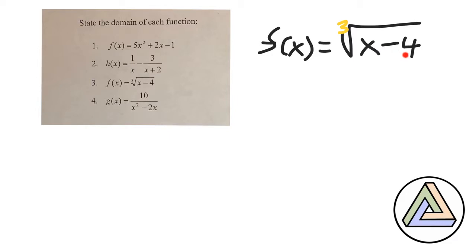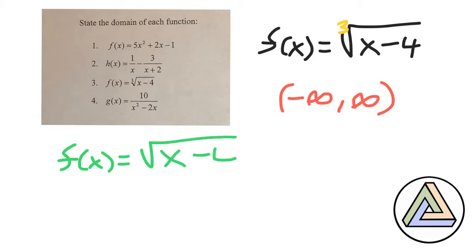That's totally fine. So the domain for this one, since you could take a cube root of both a positive or a negative number, then the domain, it could be anything. So the x values that could be represented in the domain, therefore, would once again be this. Now, I think it's probably helpful for me to show what would have happened if this was a square root. So had this been a square root, it would have been this,